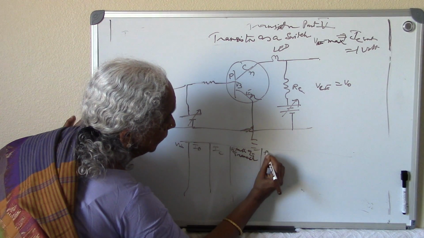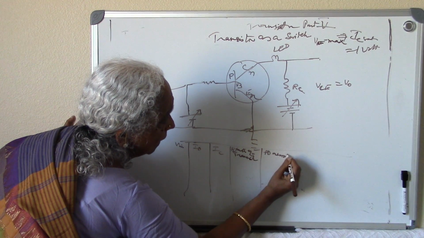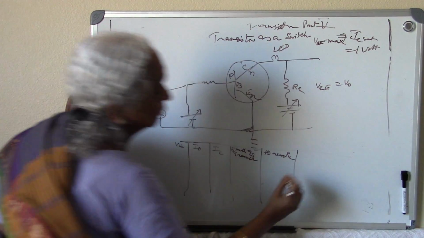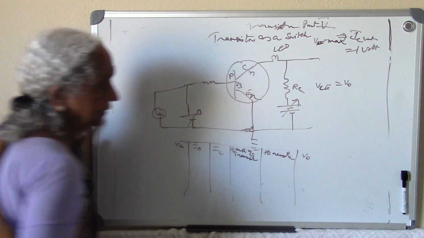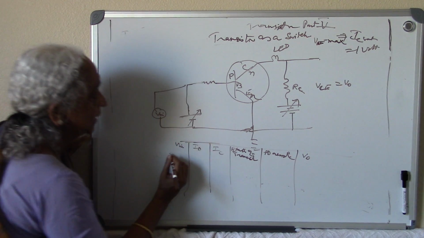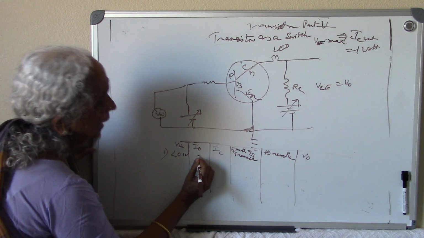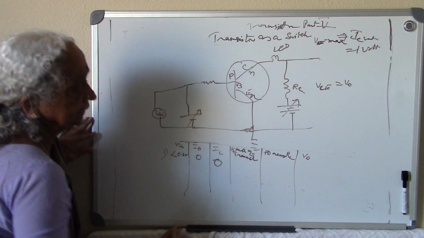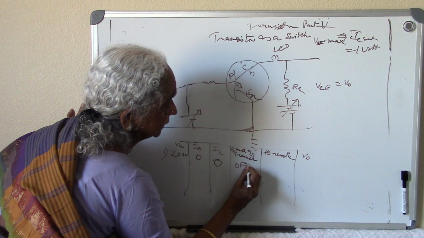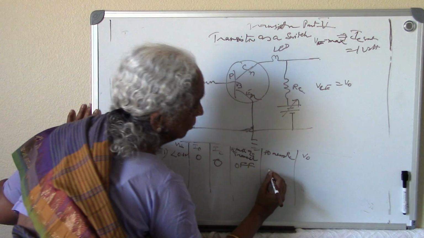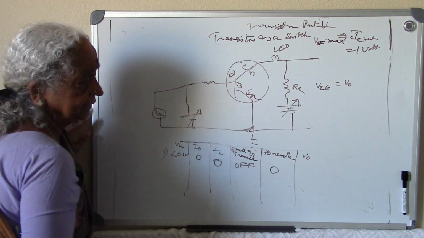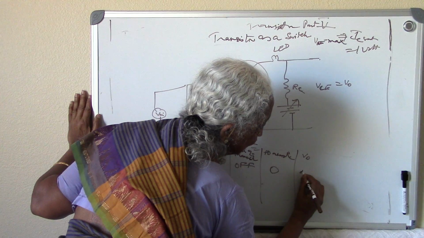What can you say about the PD across RC, and what can you say about the voltage at the output? Now VN, first one is VN is less than 0.6 volts. IB is 0, IC is 0, state of transistor is in the off state, PD across the RC is 0, VO will be maximum,